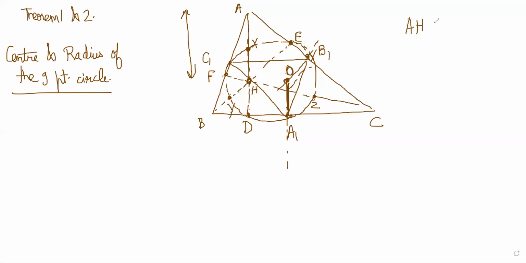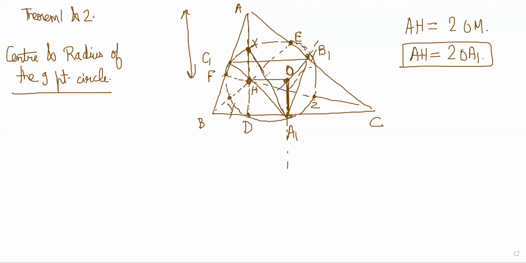We had done earlier that AH is equal to 2OM, where M was this point. So right now we have AH equal to 2OA1. And if we join H and O, and join this midpoint X and A1,